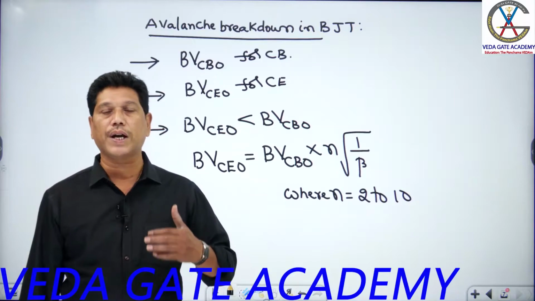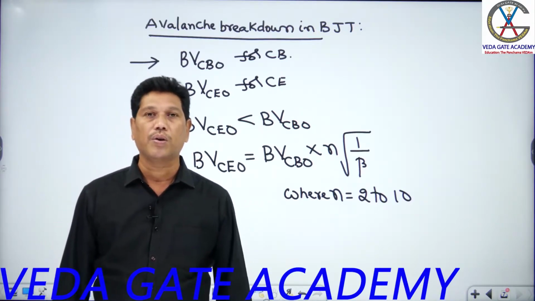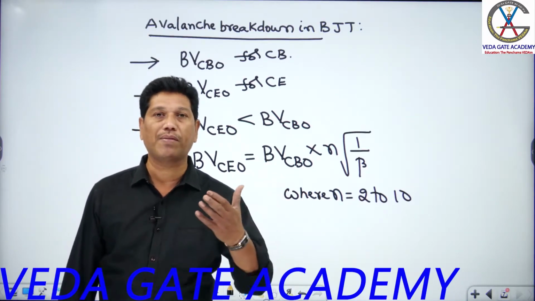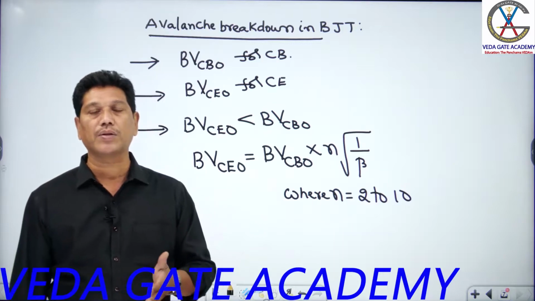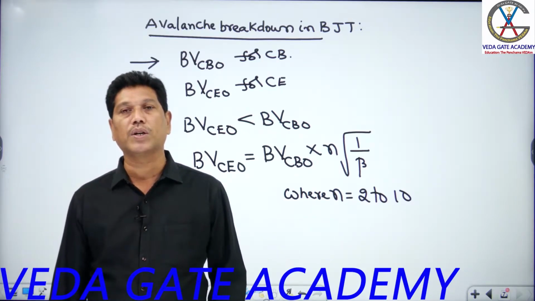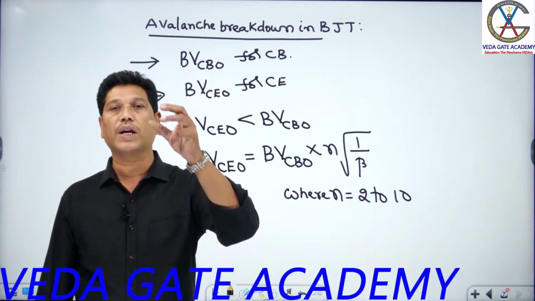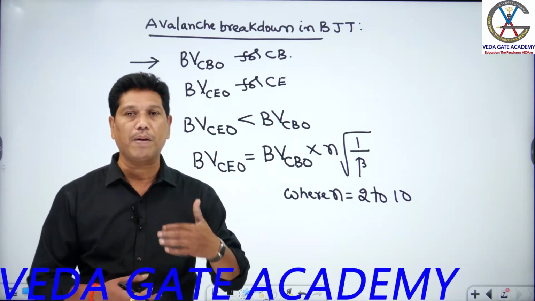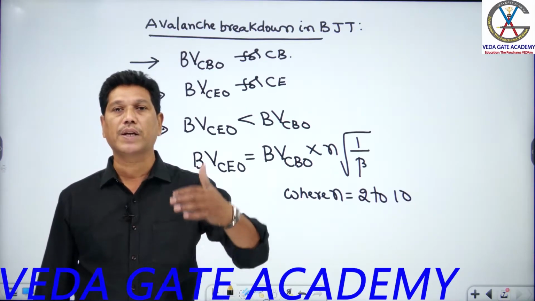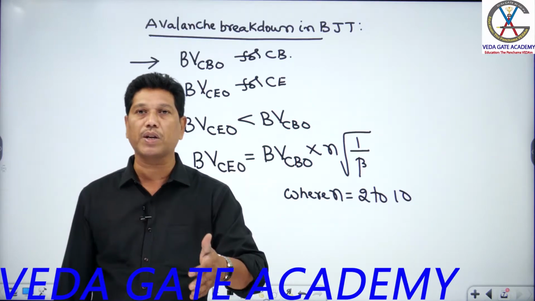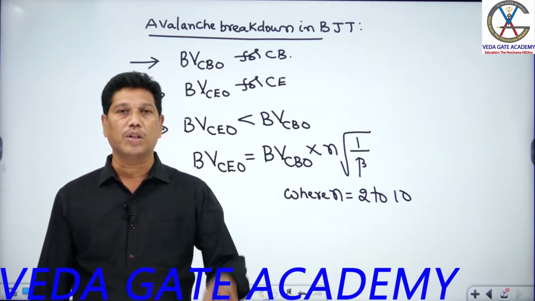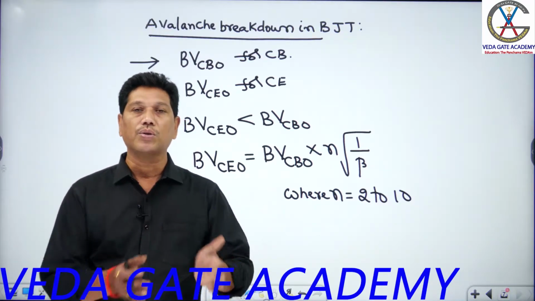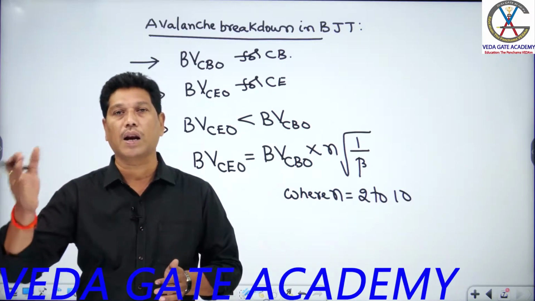The continuation of this BJT comes again in analog circuits, students, where you continue from the biasing techniques. Already you learned that the most preferred configuration for an amplifier is CE, but the practical drawback of the CE transistor is that the output is quite unstable. If I use that CE transistor directly in an amplifier, the output looks distorted due to the temperature effect. So before using the CE transistor for an amplifier, it is mandatory to minimize those unwanted variations due to temperature, by the minority current effect. That process is called the stabilization process, and it is done by biasing techniques, as I already told you. All these things continue in analog circuits, students.